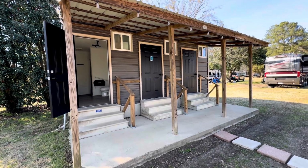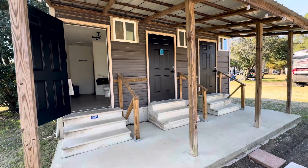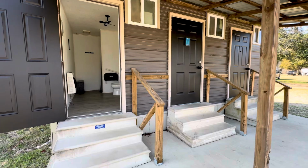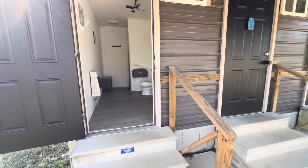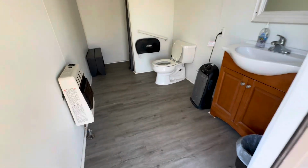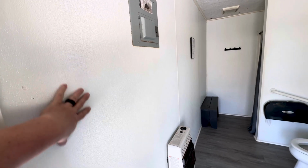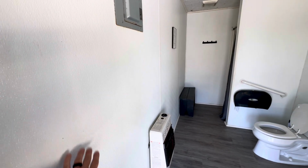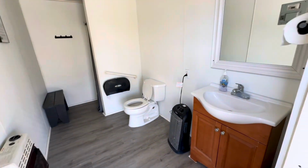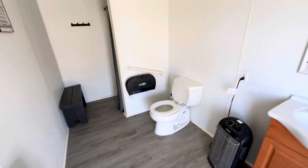All right, so here we are at bathhouse number 1. We've got 3 stalls here that are all the exact same. Each one has a hot shower, sink, and a toilet inside. And so I'm going to show you this one so you get an idea of what to expect here at Askew's Landing RV Campground. We've got brand new floors. We are actually in the process of updating the walls. We're going to paint these a light gray and then put some trim and some beautiful tin inside here to make them look nicer. We are also in the process of updating mirrors and cabinets,